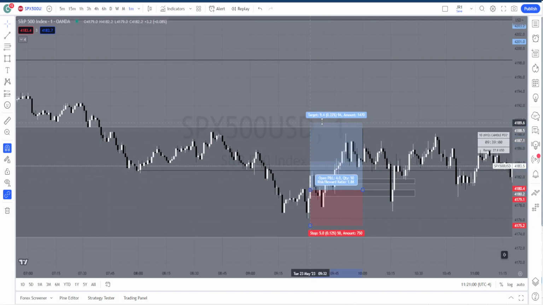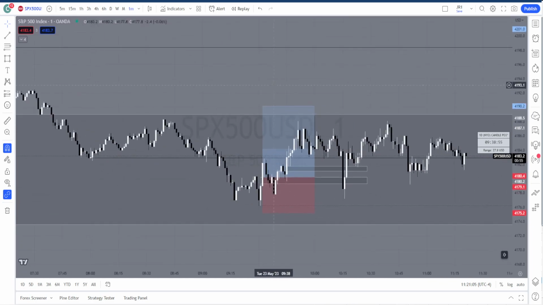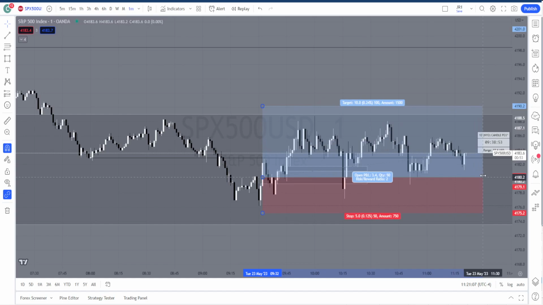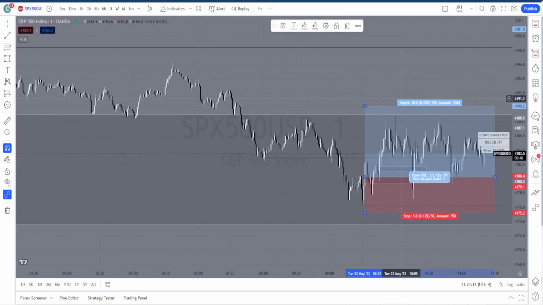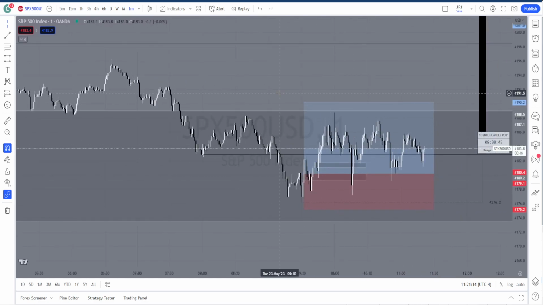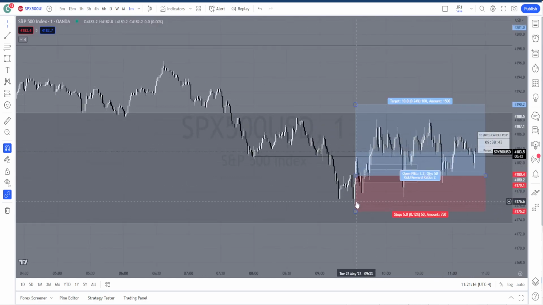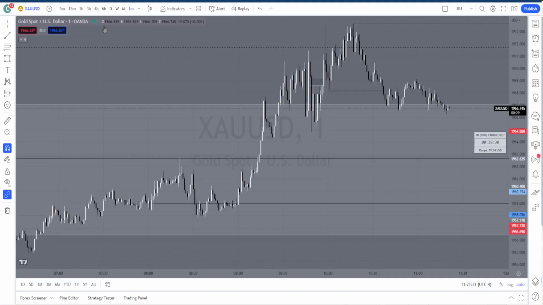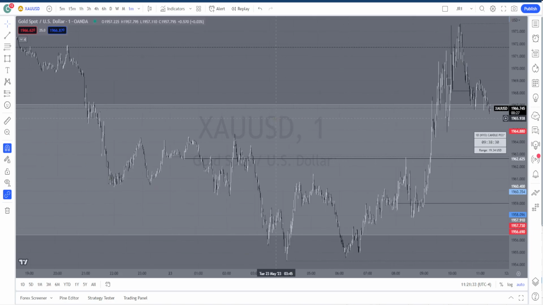In this case, I moved my take profit higher. Not to say that's a bad thing, because obviously it's still going higher, and you're still in profit if you stayed in this trade. However, I got tagged out at break even already. The reason I moved my stop to break even was that around this area, price was going higher, close to hitting take profit. It was already at 1.7. But the fact is that on gold, if I switch to gold, we have almost